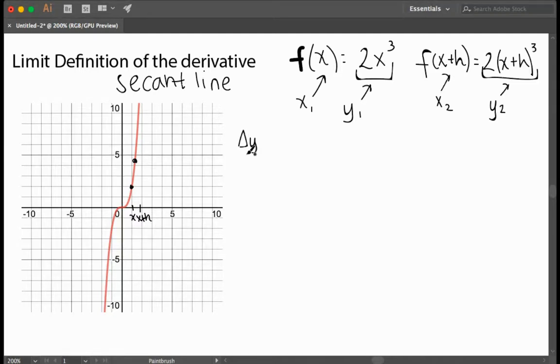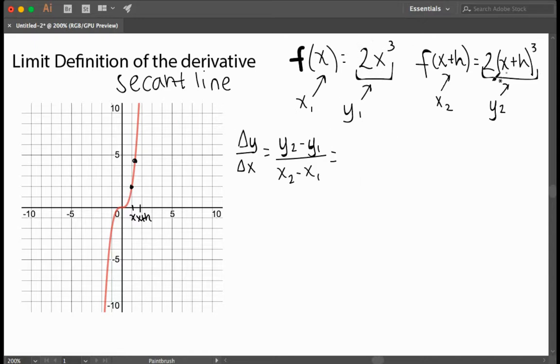So to find the slope, change in y over change in x, we do y2 minus y1 over x2 minus x1. And again, because we've worked very generally, we're going to have x's in our answer. And what it's going to give us is a way to find the slope at any x value. So it's going to give us a slope for any x on this function, or on this curve,